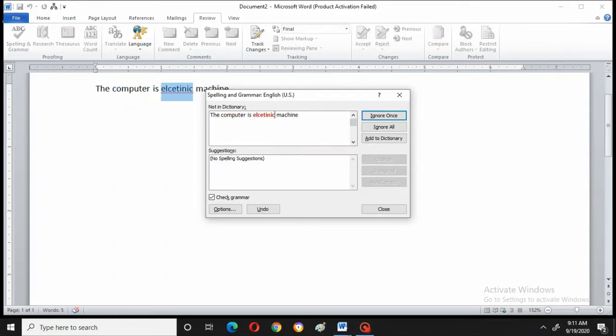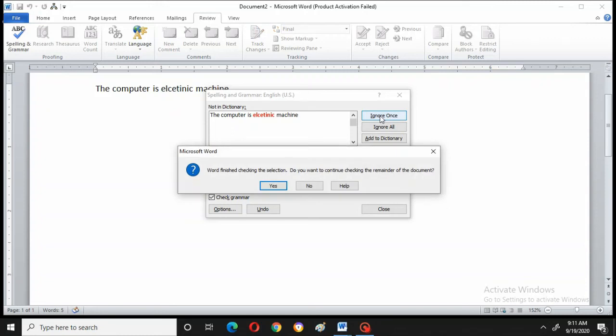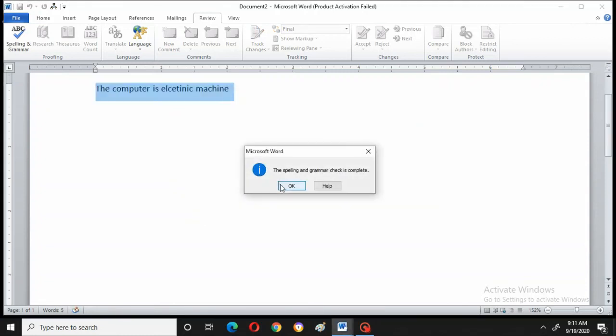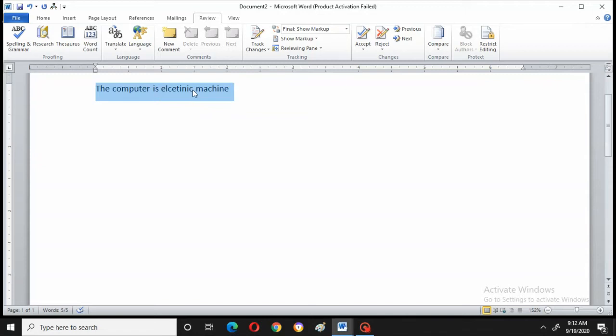Changed, na? Now see here, this is also wrong. So again it is asking whether I should change anything here. It is showing in red color, which means it has to be changed. But no suggestions are there. That means that particular word does not exist, that is what it is saying. So we will say ignore, and if you want, you can directly change. That particular word is not there, that's why it is showing that. Okay, this is how you will be doing the spelling and grammar.